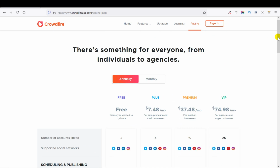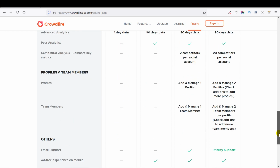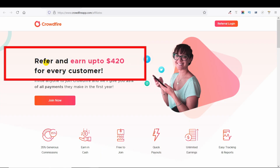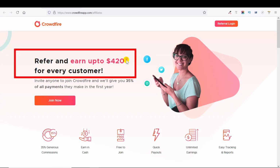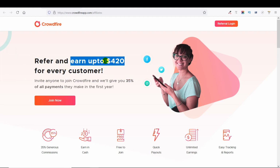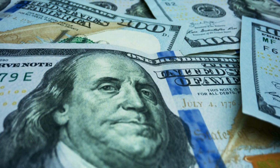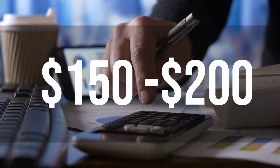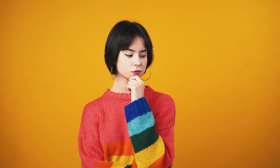Now what we are going to do is, at the end of this pricing page, you'll find a button called affiliates referral. You need to click on that link. Now here you can see that you can refer and earn up to $420 for every customer. Just imagine how much money $420 is. So even if you manage to make one sale of $420 and a few other sales, you'll be able to make around $150 to $200 every single week. So just imagine the amount of money you are going to make on a regular basis if you start promoting